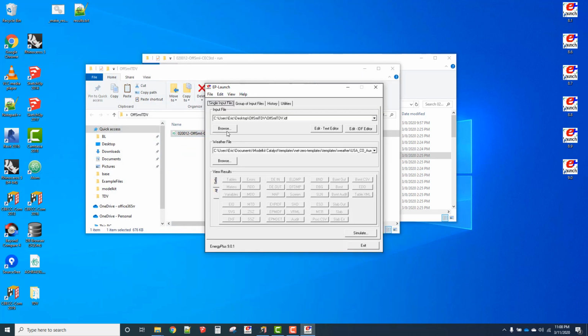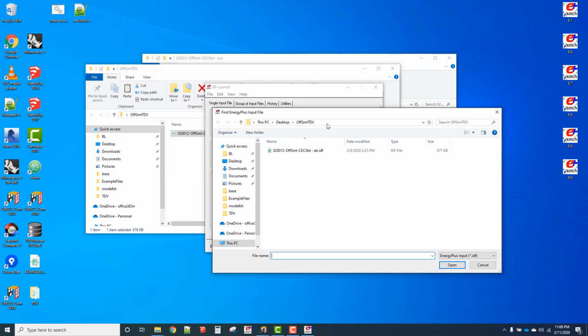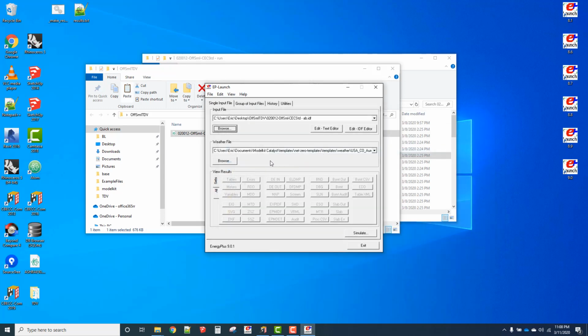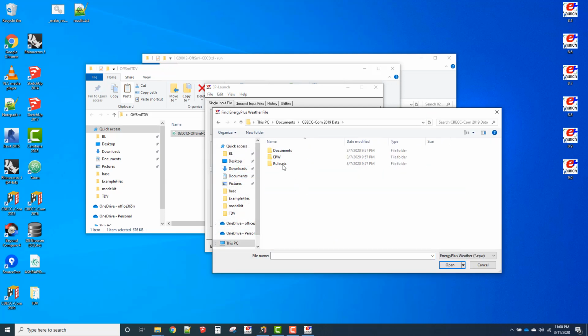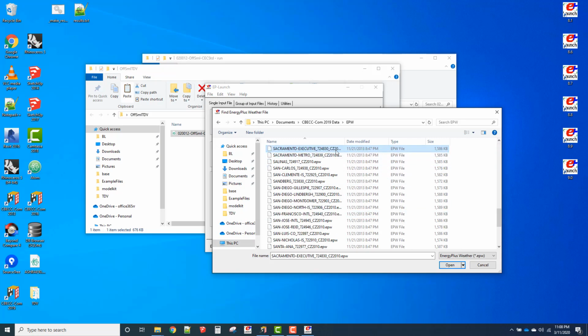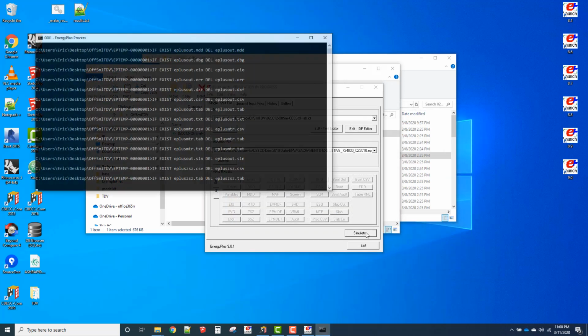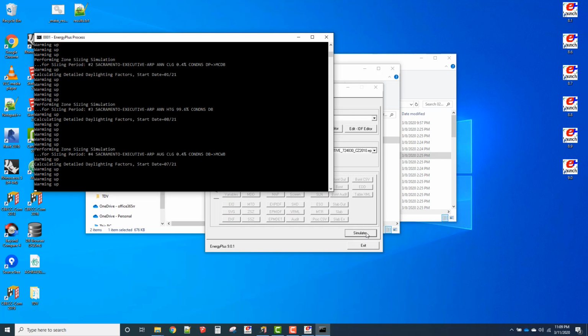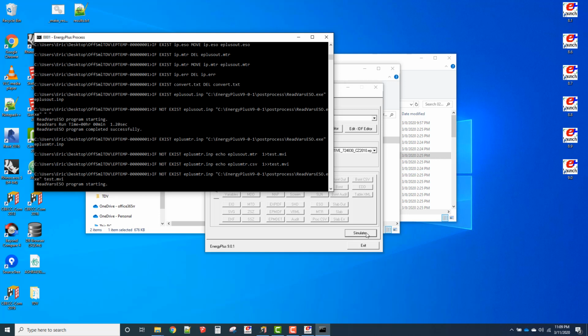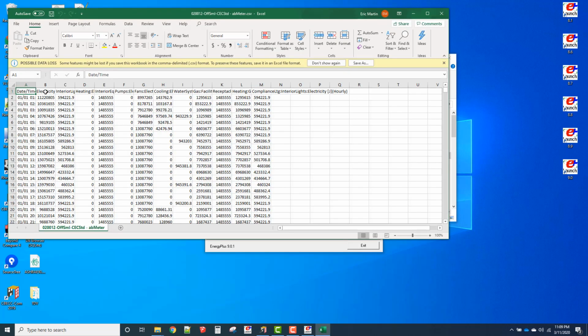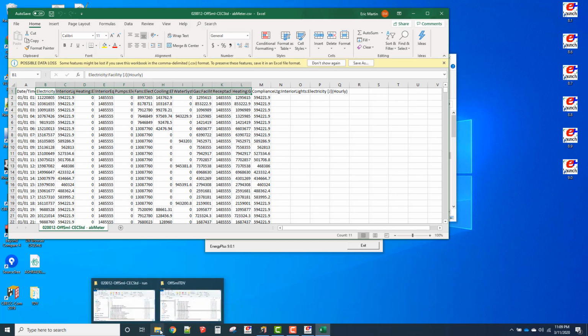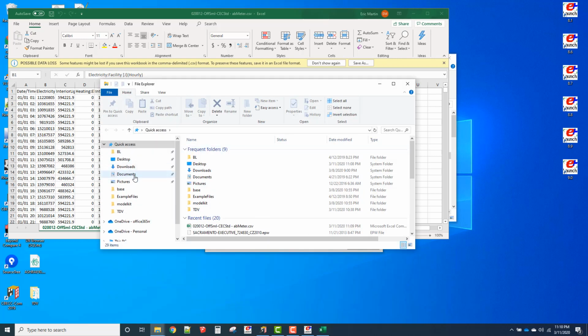And we just run that through EnergyPlus version 9. We can select the weather file right from the CBECCOM 2019 data folder in EPW, Sacramento Executive Airport, and just simulate that. If we click on meters, it already has these meters set up for all of the end uses in electricity and gas. So if we just copy in the TDV factors for that climate zone, if we go to Documents,